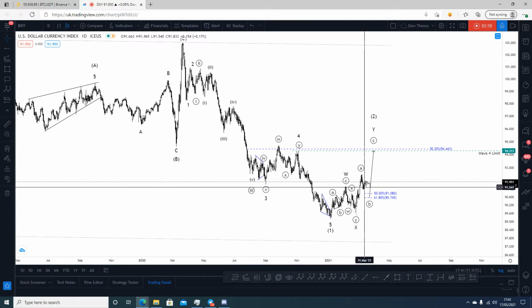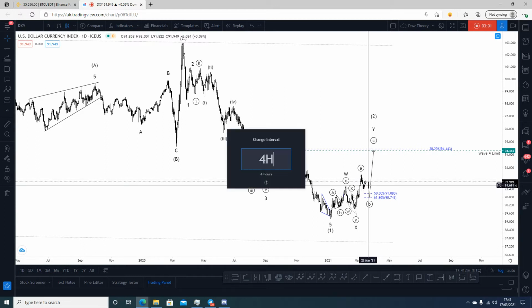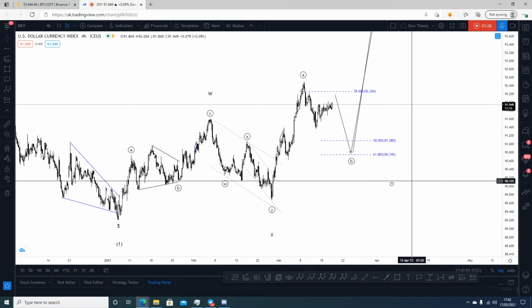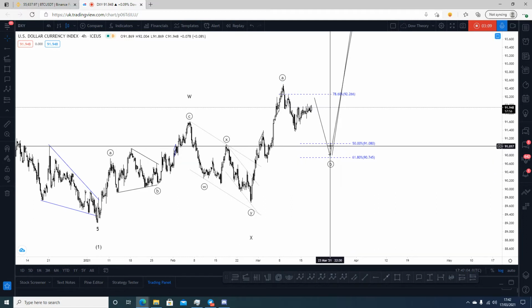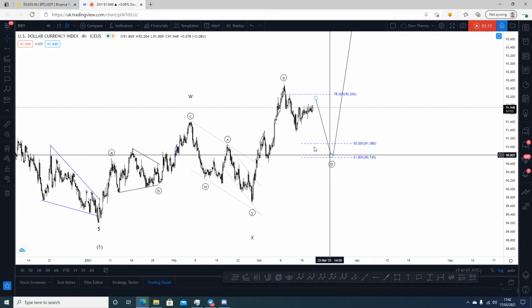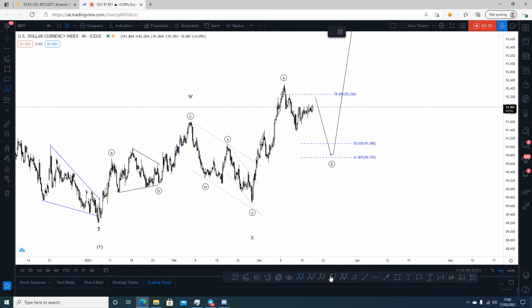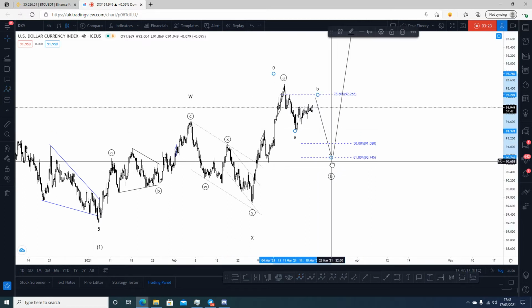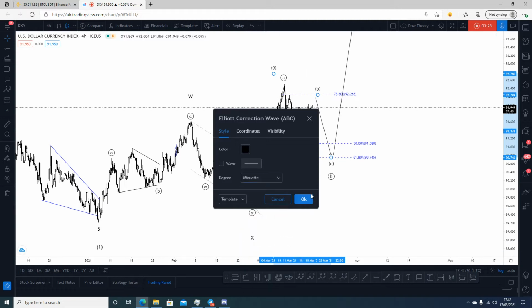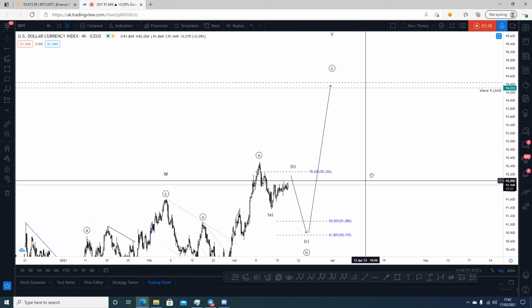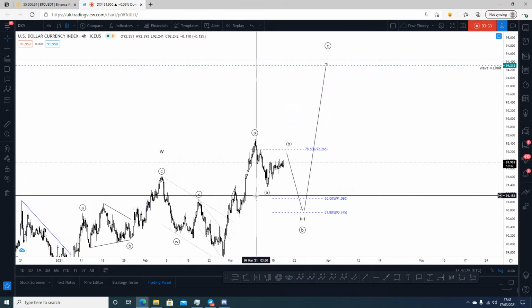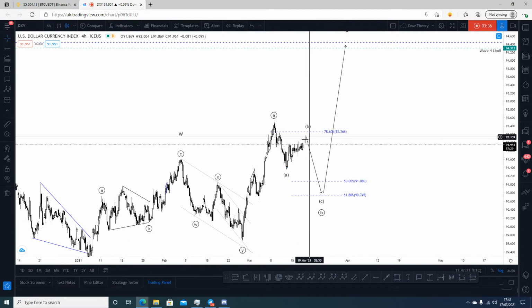Of course, you would expect this counter-trending move on lower time frames to form a smaller pattern. So the smaller pattern we'll be looking at here, guys, is very simple, right? Now, again, we're looking at quite possibly an A, B, C move to the downside before we see another rise higher. So before we see another impulse higher of the same magnitude. So this would be an impulse wave here, a very clear impulse wave.